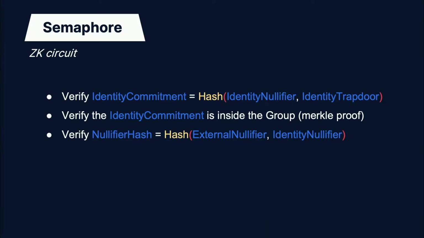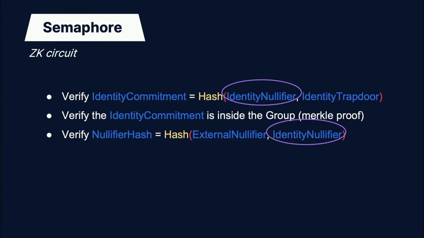a proof with a zero-knowledge circuit where you compute the identity commitment inside the zero-knowledge to prove that you are the only one knowing the identity nullifier and the identity trapdoor. You verify the identity commitment is inside the group thanks to a Merkle inclusion proof. And then you also verify that the nullifier hash was well computed using the external nullifier and the identity nullifier. So what we can see here is that in the commitment scheme, because you know the secret that made the commitment, you are able to prove that you made the commitment, and that the nullifier hash was well